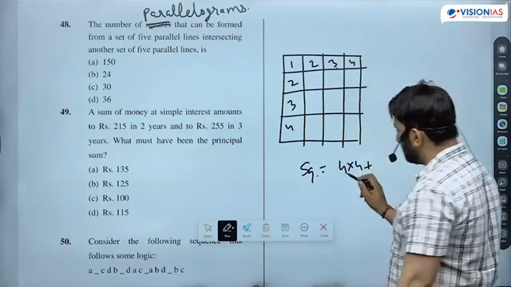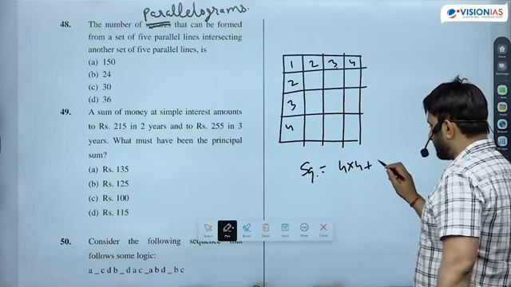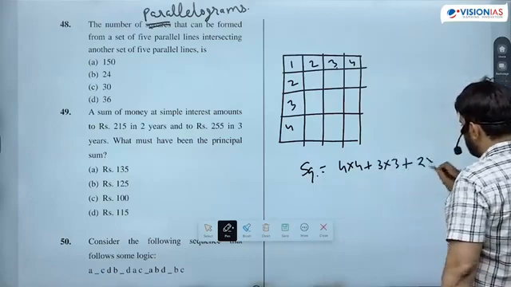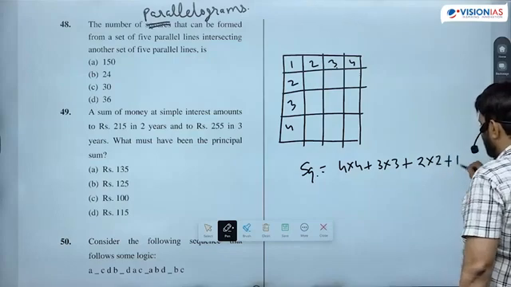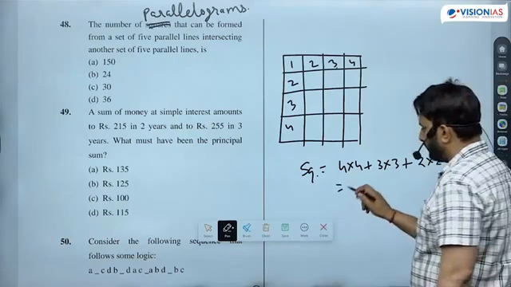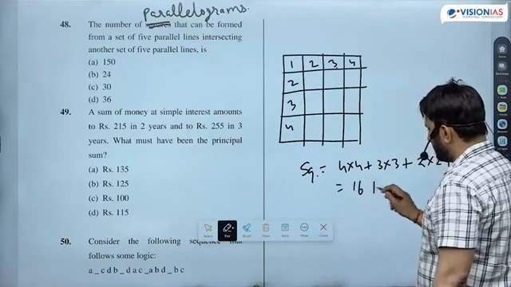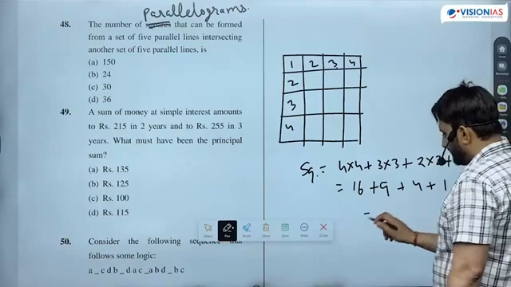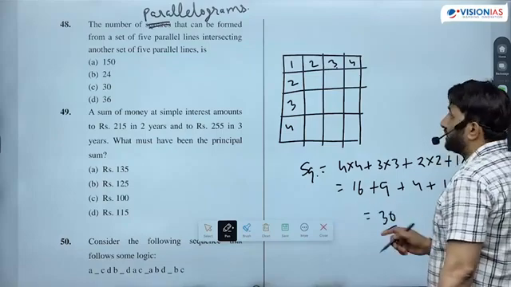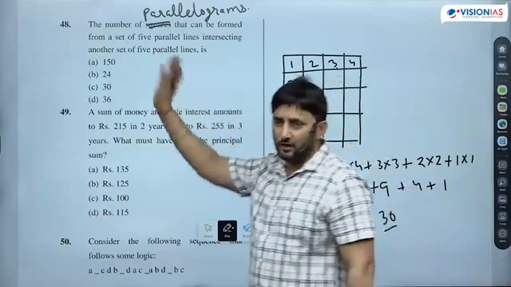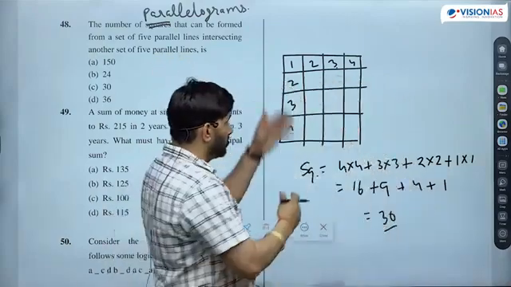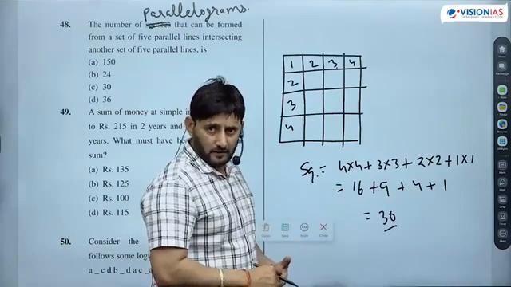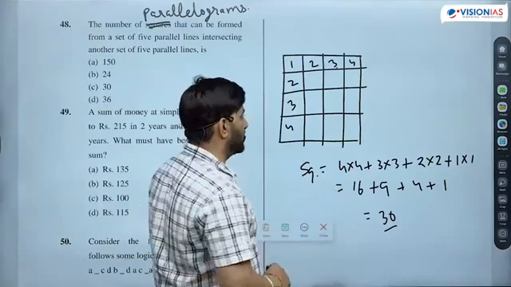largest number in a row, the next number, दोनों में से 1 1 minus करो. This will become 3 into 3. Next will become 2 into 2. Next दोनों में से 1 1 minus करेंगे, you will get 1 into 1. So what value you are getting? 16 plus 9 plus 4 plus 1. That is coming out to be 30. ये 30 होते स्क्वायर्स. But in this case we are not sure that they will be squares because we are not sure whether they are perpendicular and gaps are same. ठीक है ना, तो हम यहाँ पे पैरेललोग्राम की बात करेंगे।